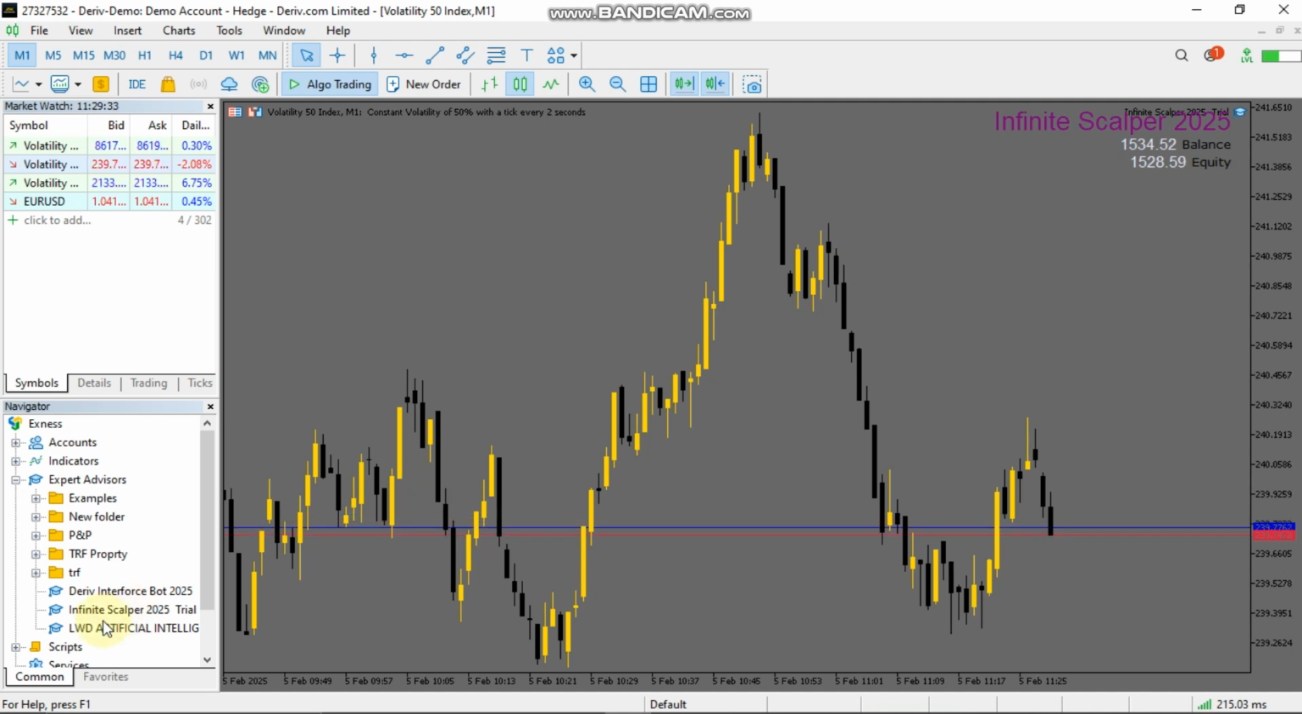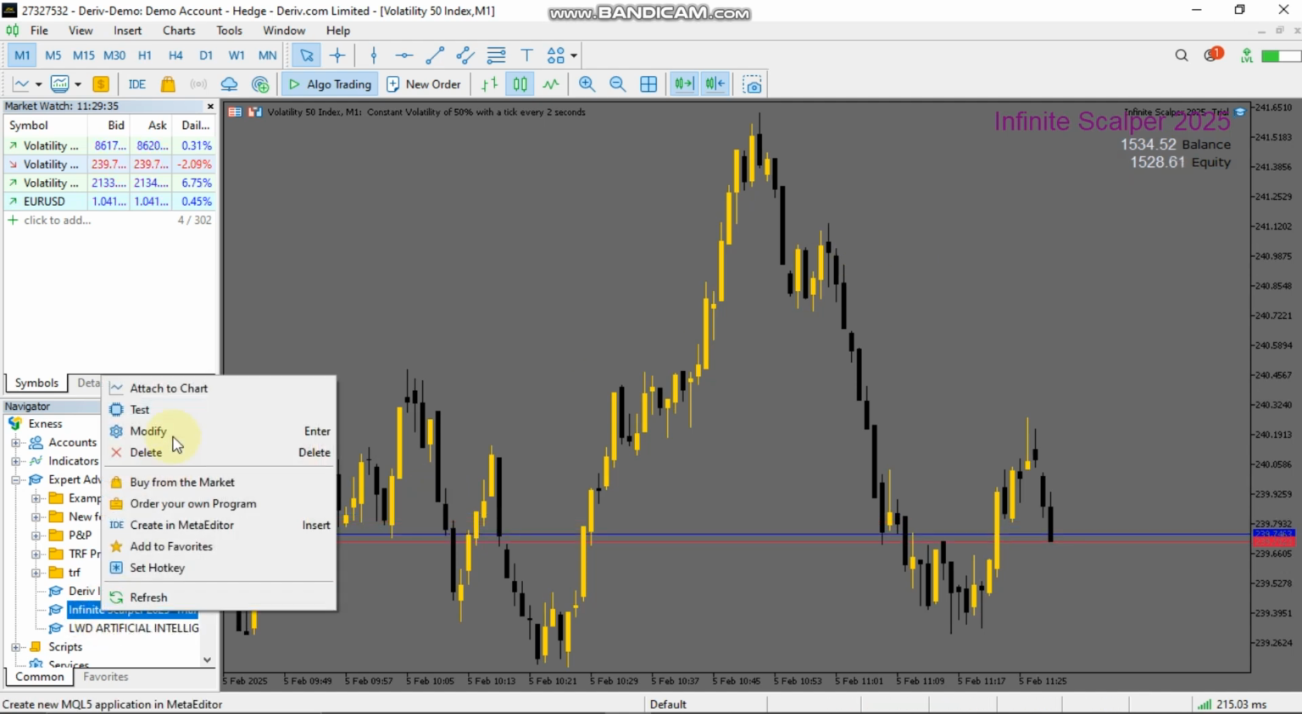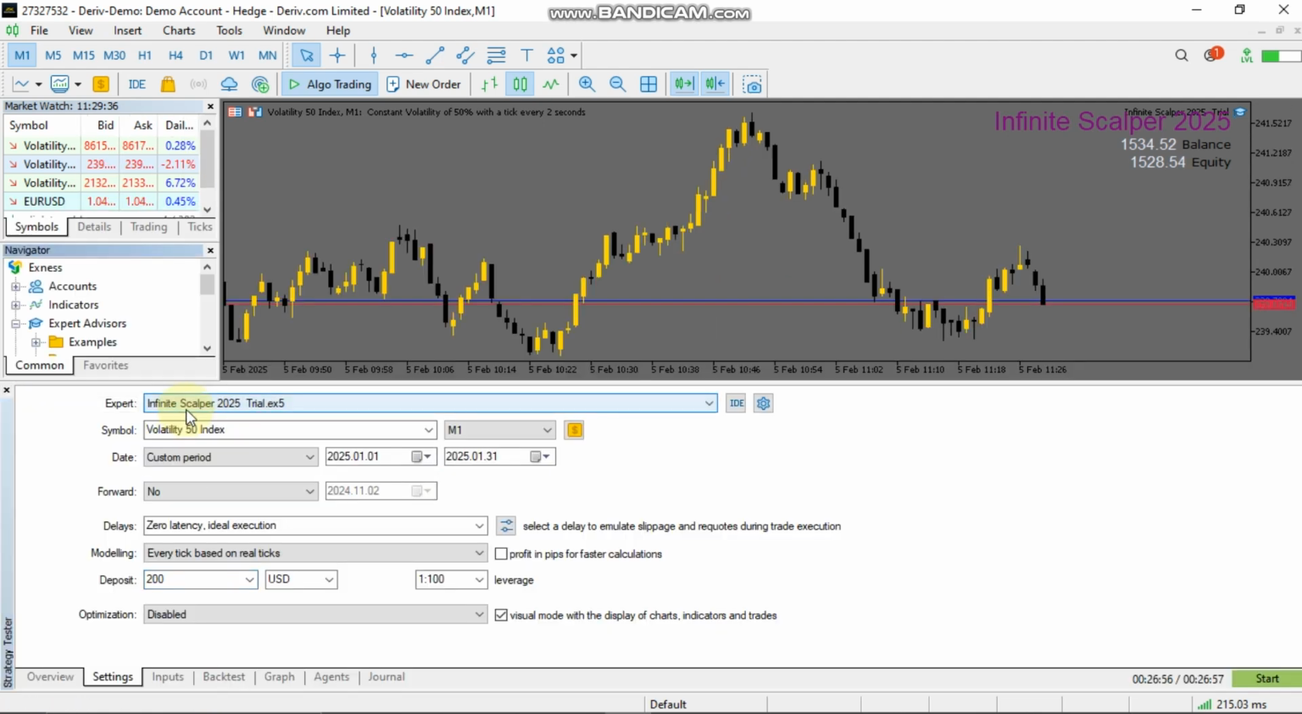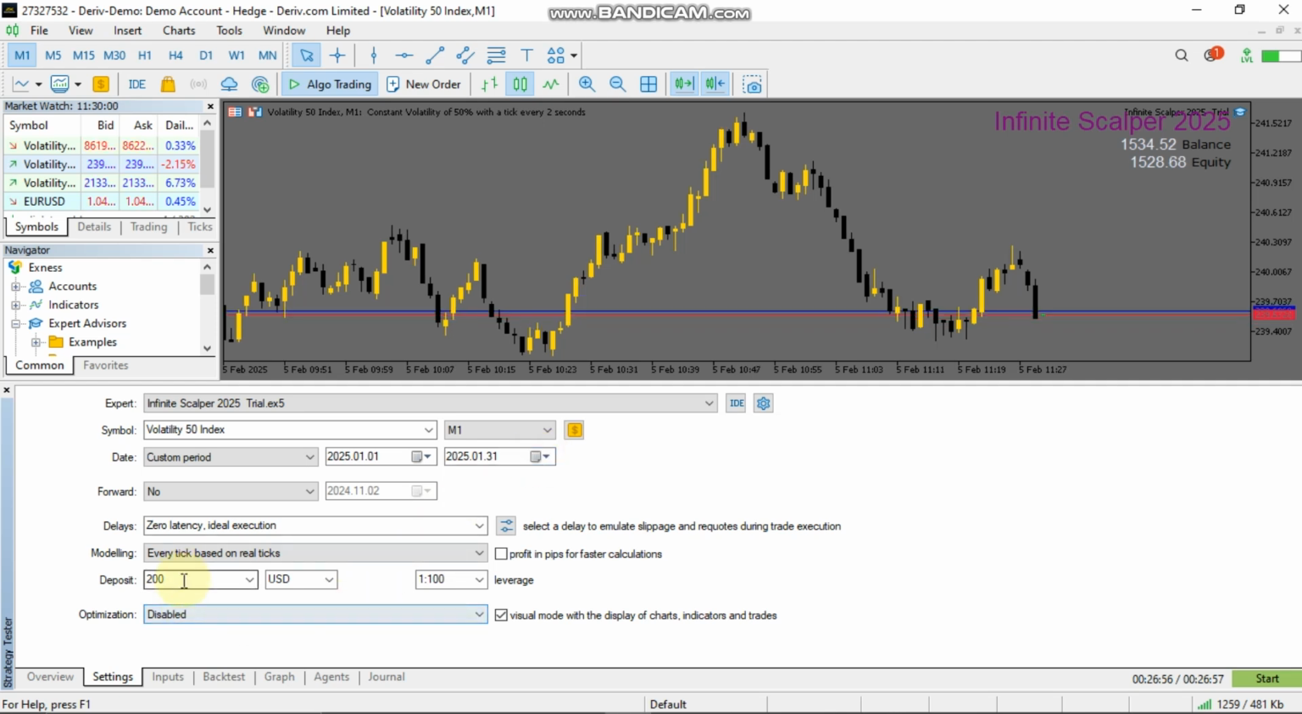So let me back test. Okay, on volatility 50, time frame is M1 always. Okay, then I want to back test from 1 January 2025 up until 31 January 2025 on a deposit of 200 USD. Okay, then if I go to inputs,